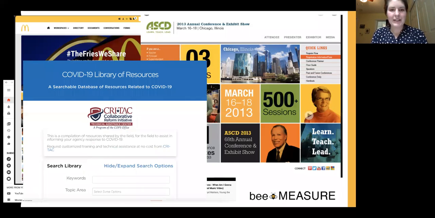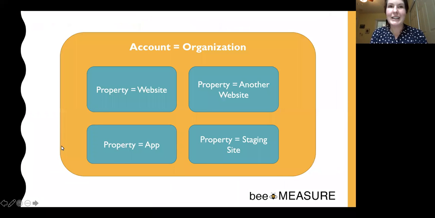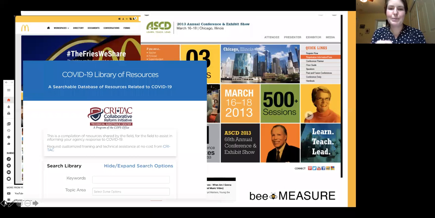So here we have 5 different analytics properties, and they're all tracking separately, but that's cool, right? I would say that this approach is definitely not what you want to do.